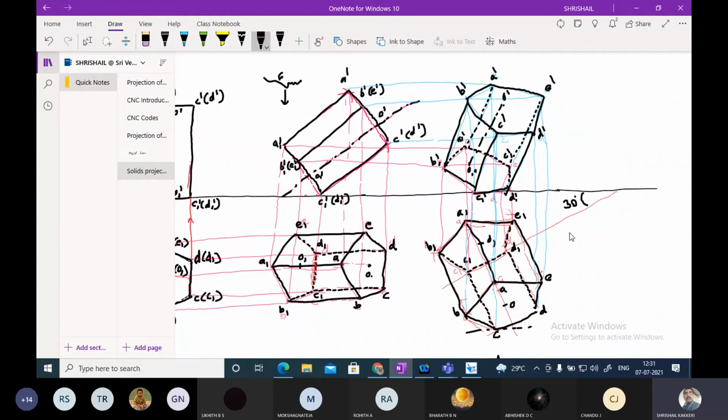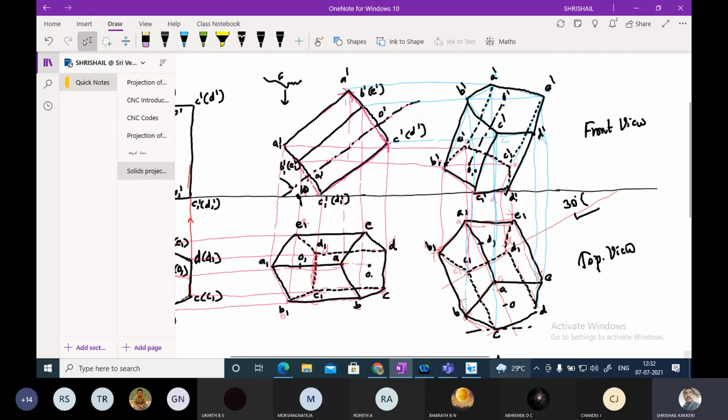You can write this. So this is the final front view of the object. And this is the final top view of the object. And now I request, what all the things you have to write: this angle you have already written, and this particular angle has to be written. This is 40 degree.